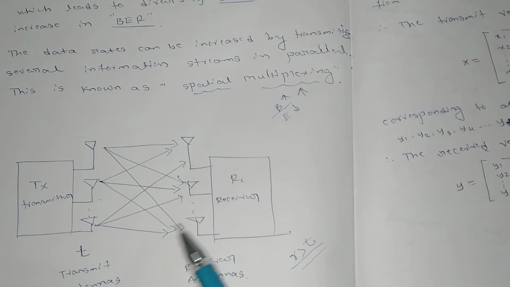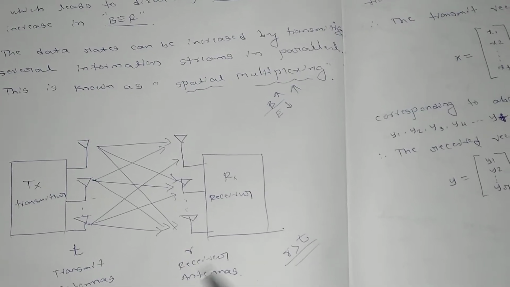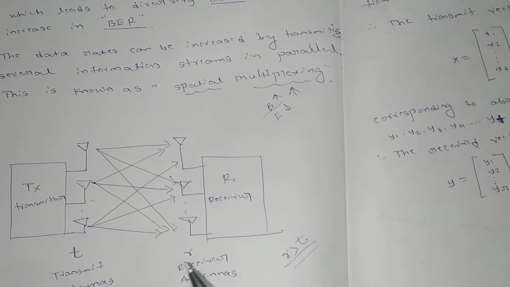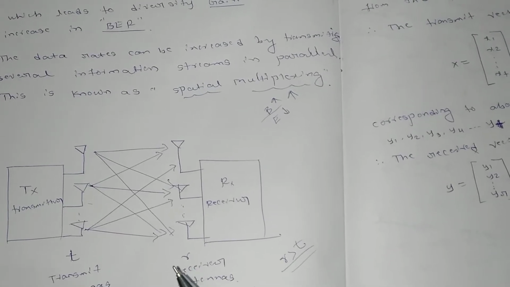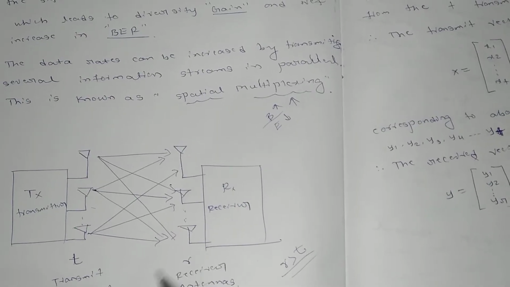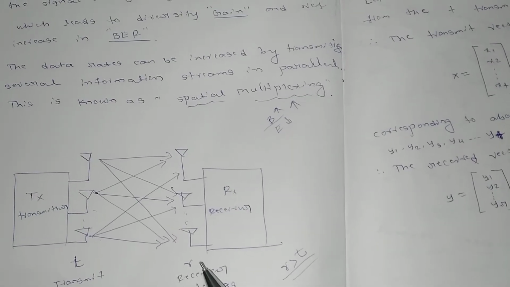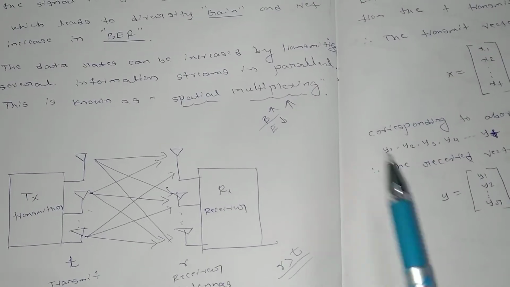Okay, so we have already discussed this, and if you have not seen that video, you can check the playlist where you will find a video called what is meant by MIMO, right? So just see that one, and today the topic is how to create a mathematical model for this. Okay, so this is a diagrammatical representation, but how can I write this in terms of equations?